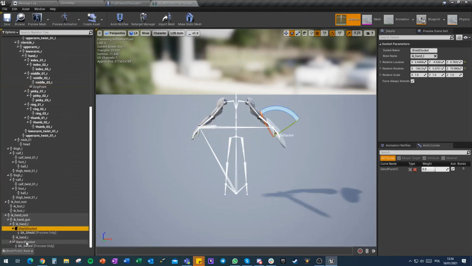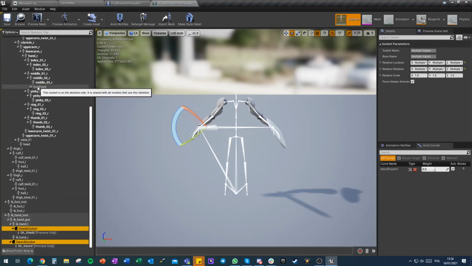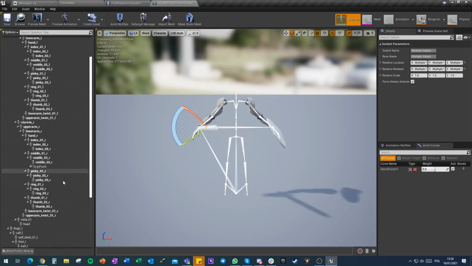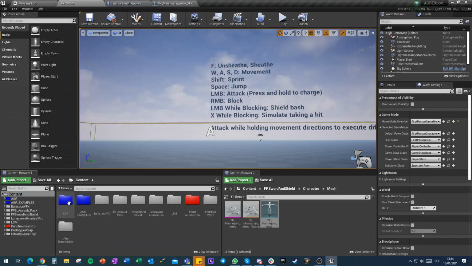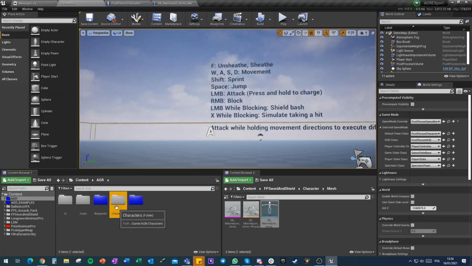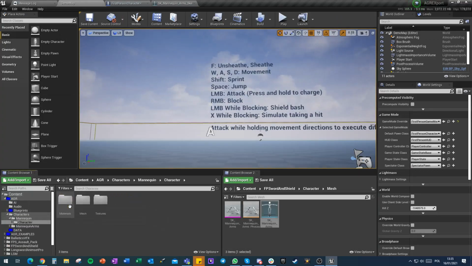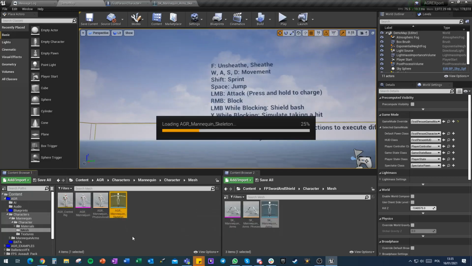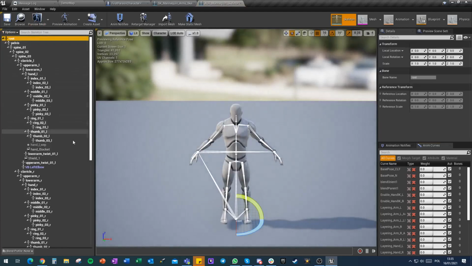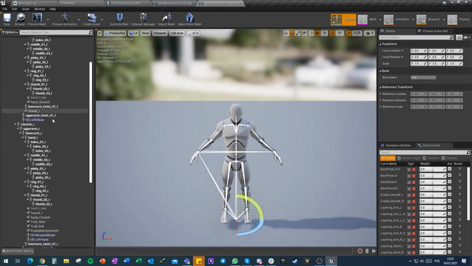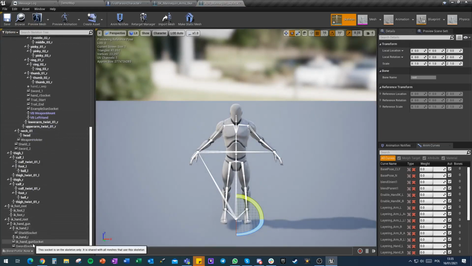Okay, so we'll copy those two sockets. I see we don't need this grip point, whatever this is. Let's copy those. Let's go into our AGR character mannequin mesh and skeleton, which is the only true skeleton that we need. Click anywhere, even on the root, paste, and we got our sword